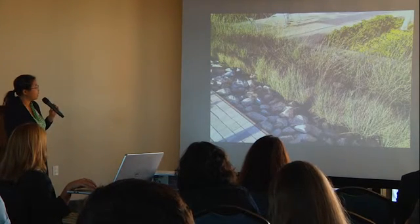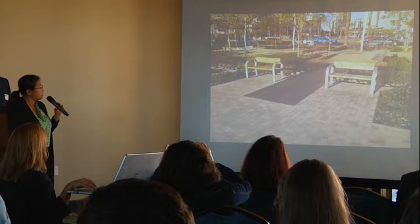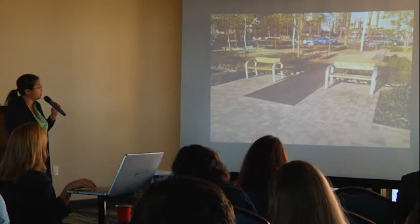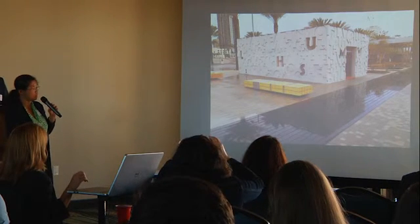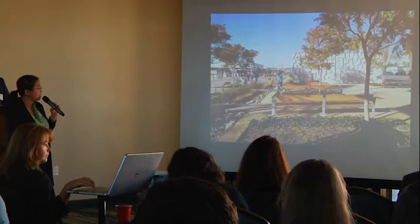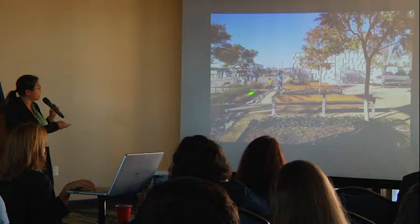Next slide. Here's a picture of a planting character for the conveyance channel. Next slide. And then here's the bridge showing you crossing over and then into the DG and decomposed granite area with the garden room. We call it the garden room. And here's a picture showing you when it's raining, how beautiful the system and the paver and then the bridge are. And this one, another look into the water conveyance channel, and then the